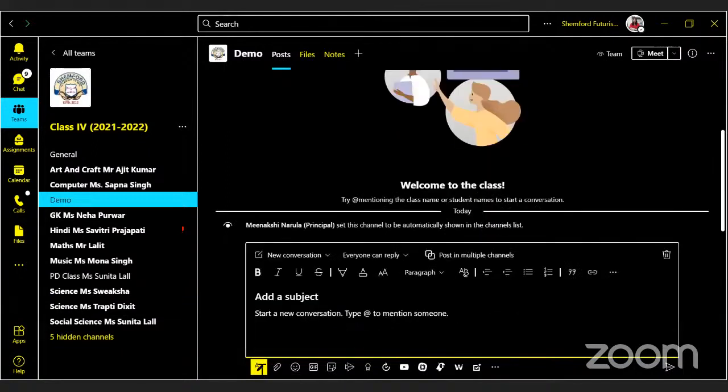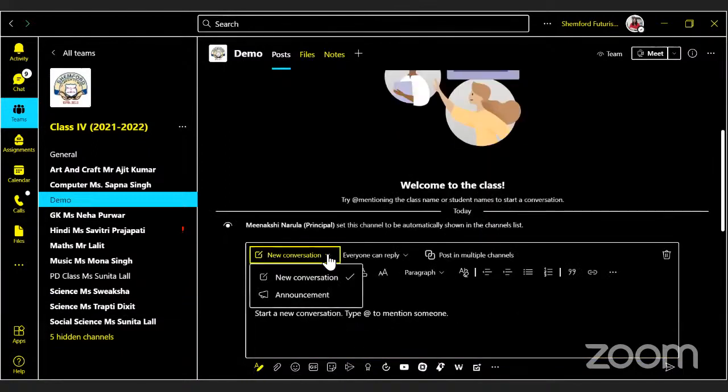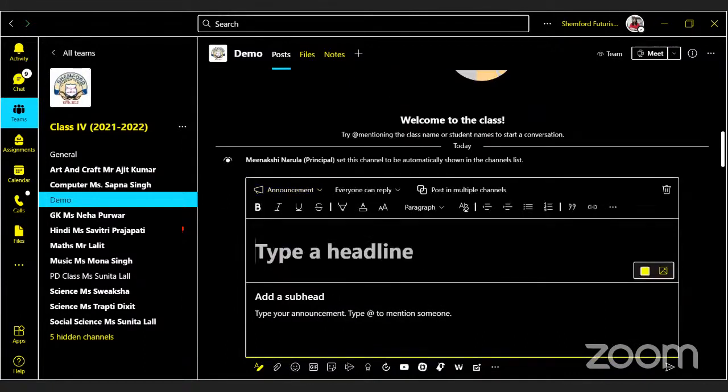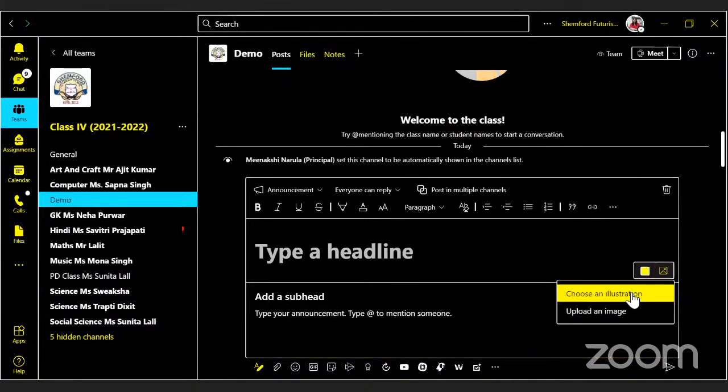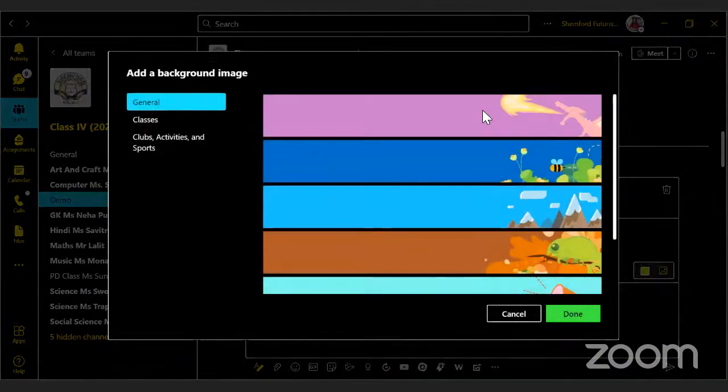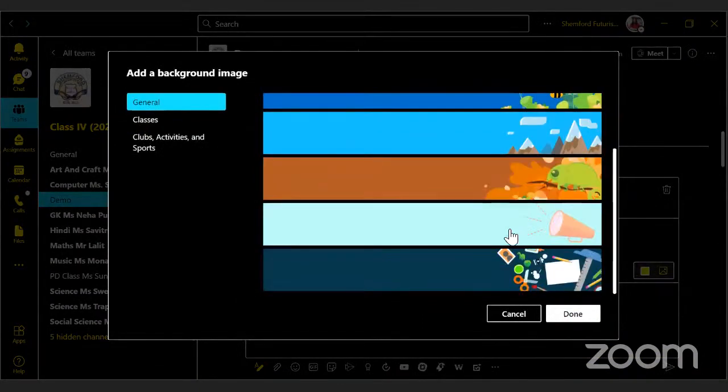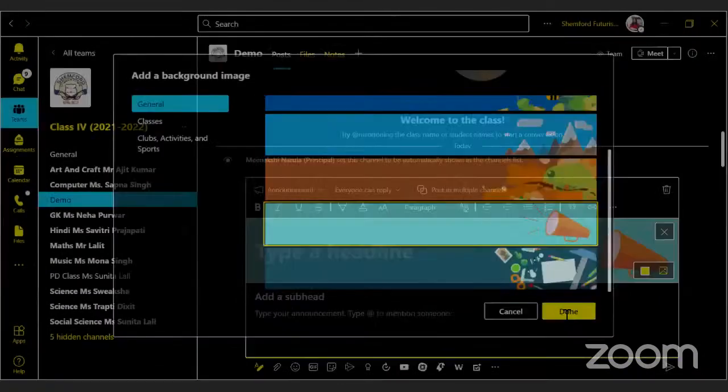I can start a new conversation with my children or I can make an announcement, right? And here in announcement, one banner will appear. You can either change the color of the banner or you can use any illustration already available, making announcement, done, right?